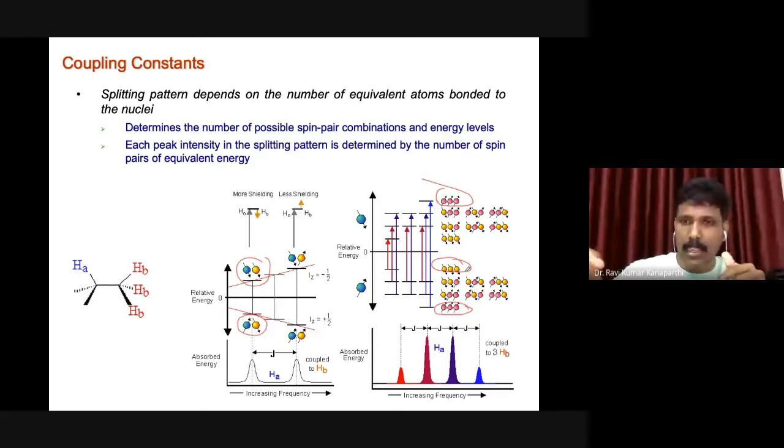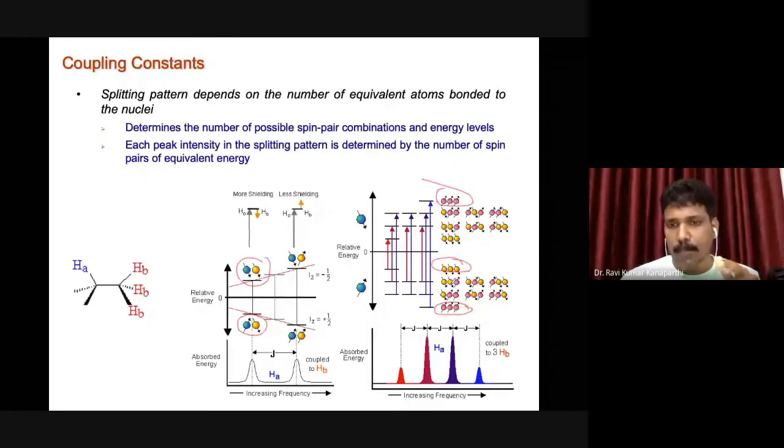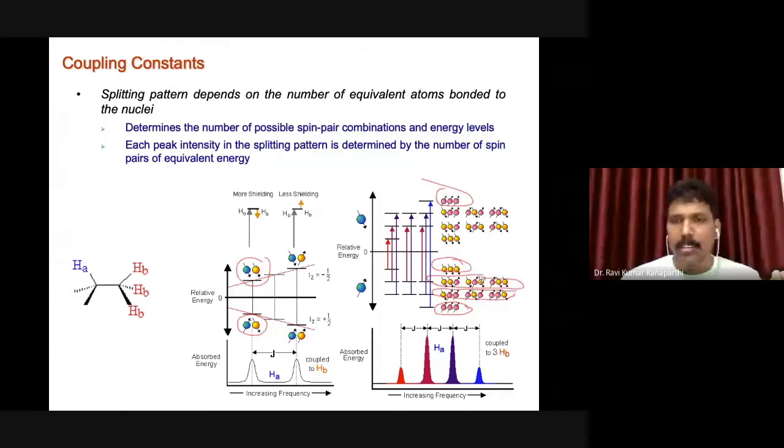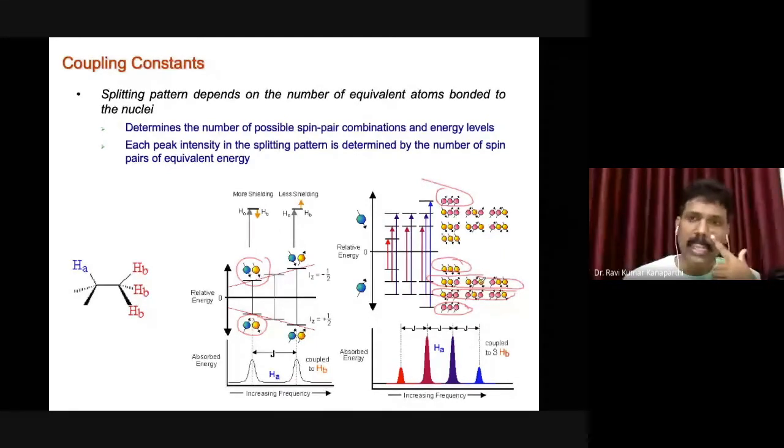On the other hand, the spins can be downward. So here, two spins can be upward. In this configuration, you can see that two spins are upward, while one spin is downward. In this configuration, two spins are downward, and one spin is pointing upward. And this is the last configuration.